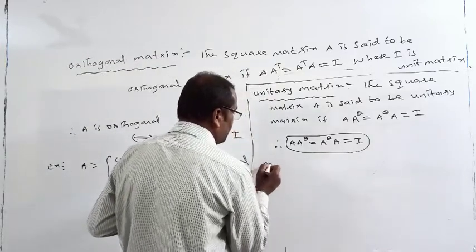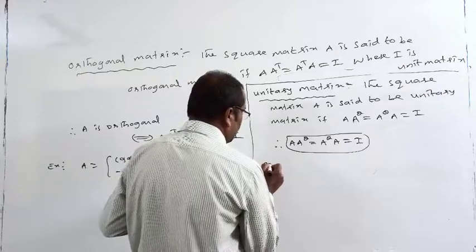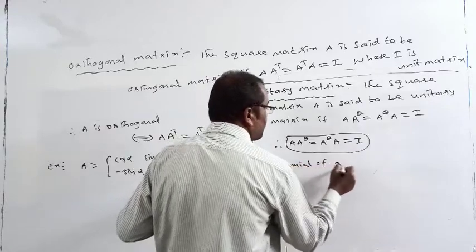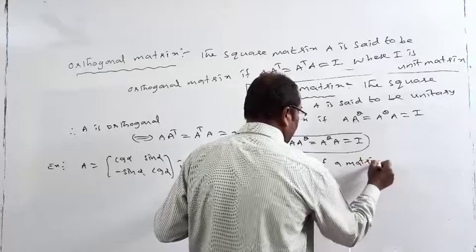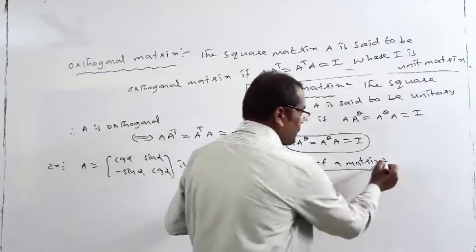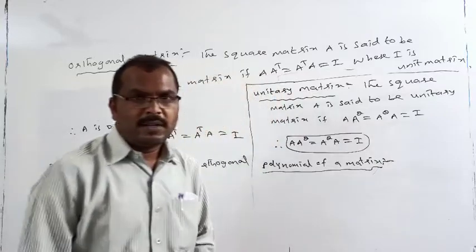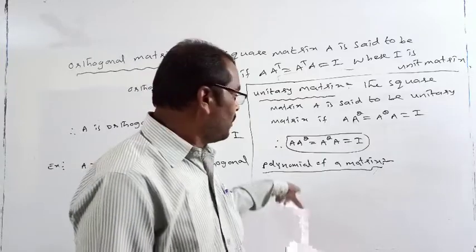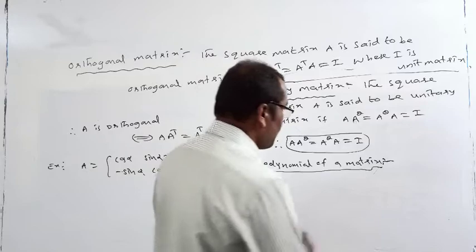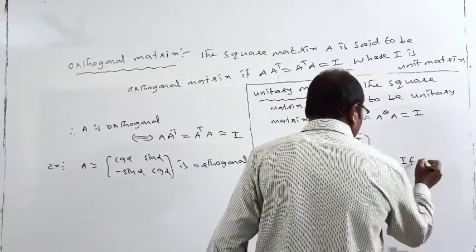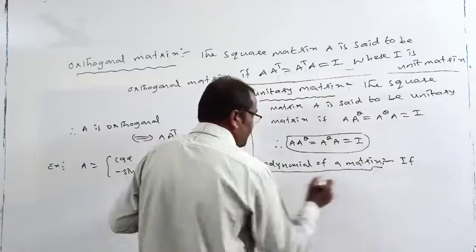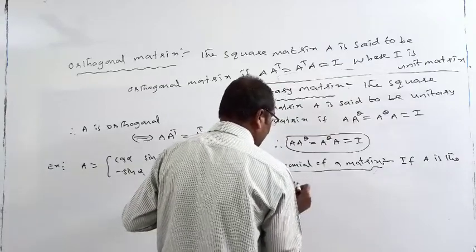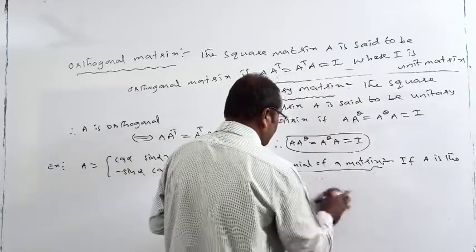The last side heading, polynomial of a matrix. The last side heading from the entrance examination point of view. So polynomial of a matrix. If A is the given square matrix,